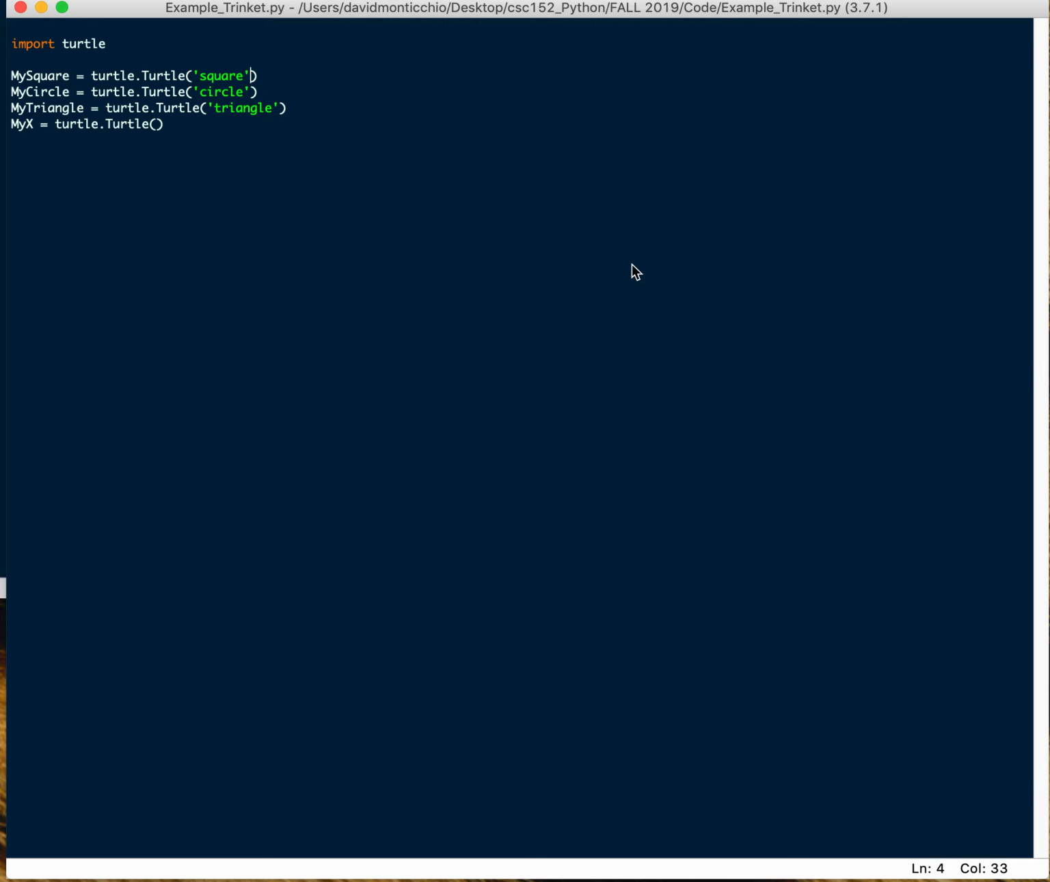You could also probably say something like pen size 5 or whatnot, but we're not going to get too complicated and put too much stuff inside these brackets. So we're still just going to separate this all out. So I'll just say something like my square dot pen size, 5. We'll just do that. And we'll say my square dot pen